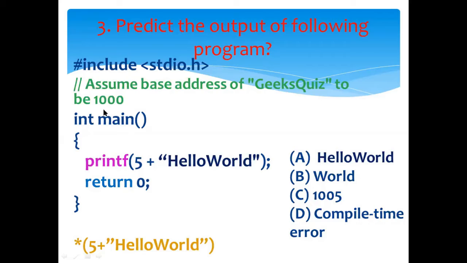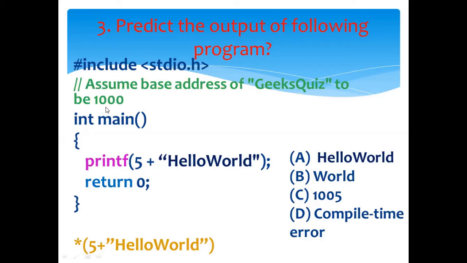So 5 plus 1000 will be 1005, and through the expression the cursor points at the w. From the w, all other characters will be passed to the standard library function as an argument. Whatever is specified within the parentheses is passed as a parameter to the printf inbuilt function.